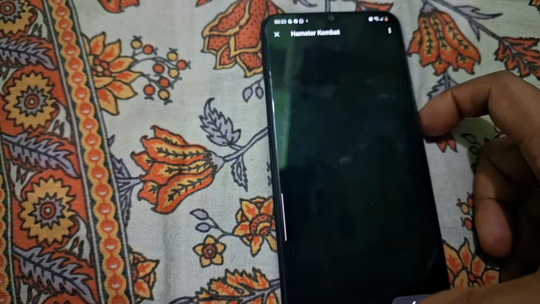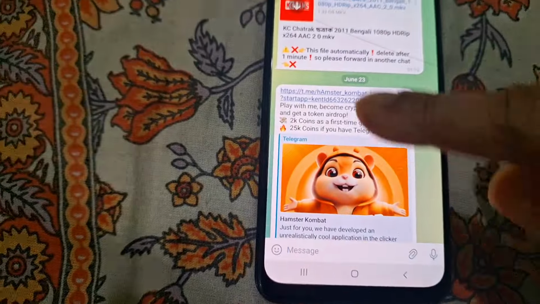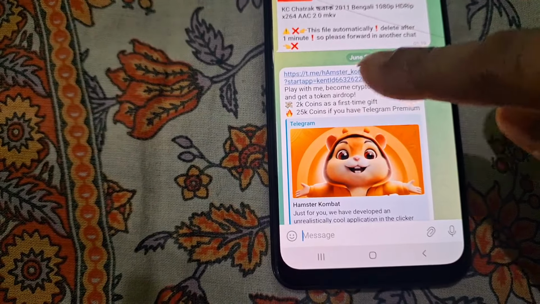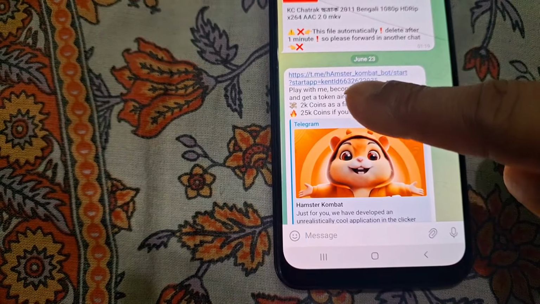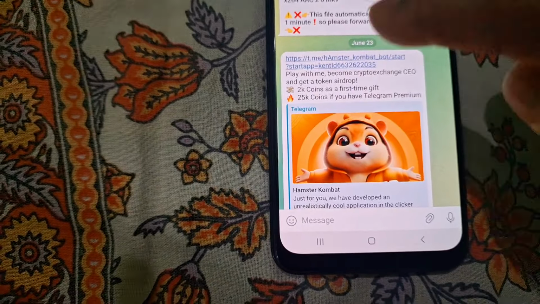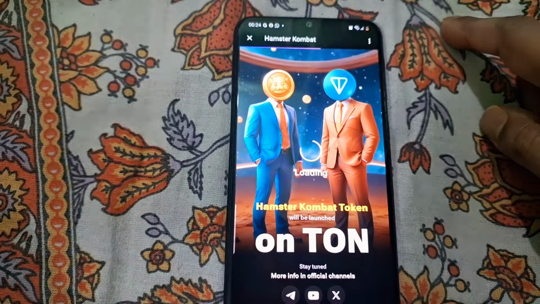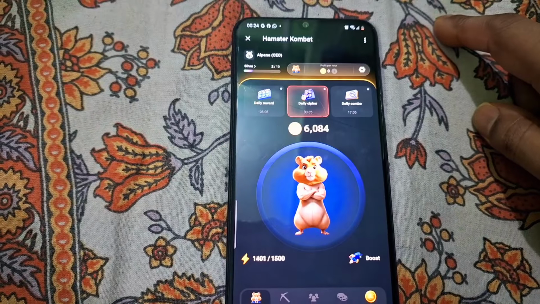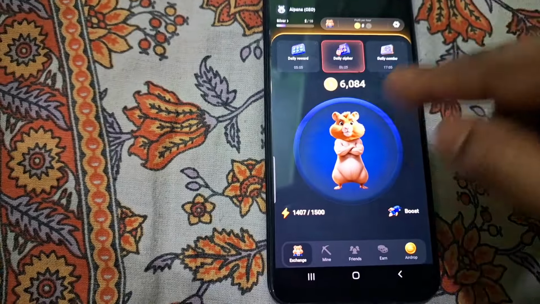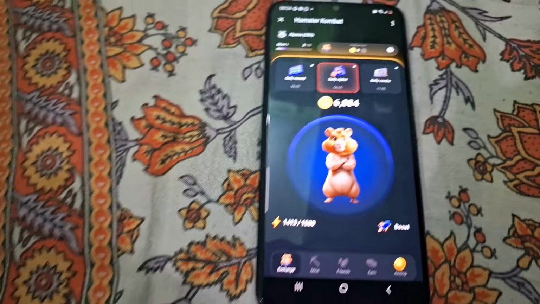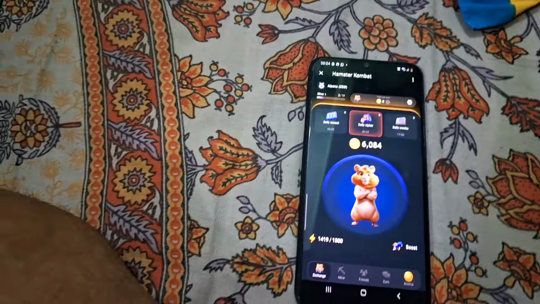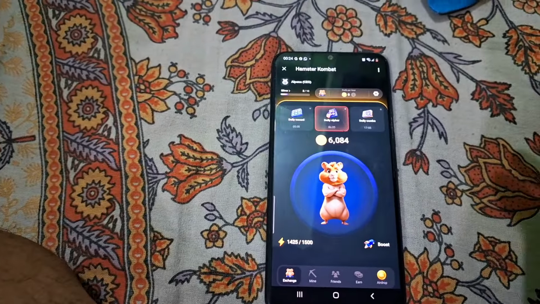Okay, just one thing you can see, this is my Telegram channel, and such type of links will be there in my description box. You have to click on it, then you can see such type of interface will come. Okay friends, I have already clicked on the 2 to 3 items. You have to do just 2 to 3 steps, you have to click on next, then such type of interface will become. Okay, so this is the procedure how to install